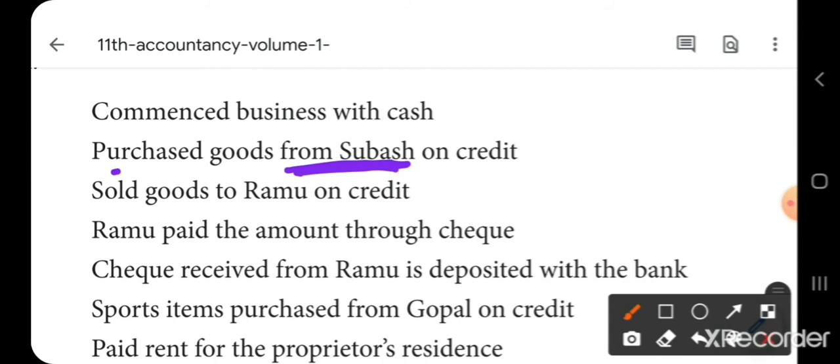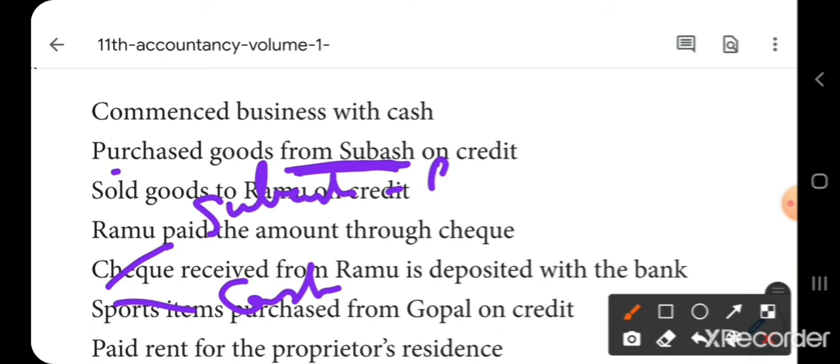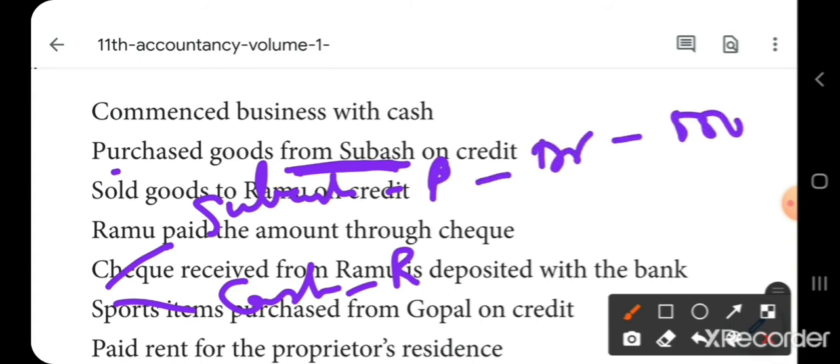Okay, so what are the accounts involved? Subhash account and cash account. Okay. Now Subhash account is a personal account, cash is a real account. Subhash, debit the receiver. So now you are making the payment to Subhash. So you debit Subhash account by 5,000. You are making 5,000 payment. Now actually, how much you have paid? 4,750. Cash is the real account. Debit what comes in, credit what goes out. When you make a payment, cash is going out. So you will credit 4,750.